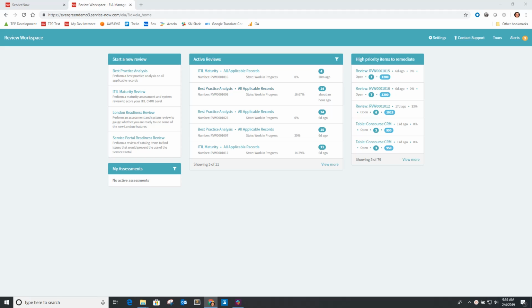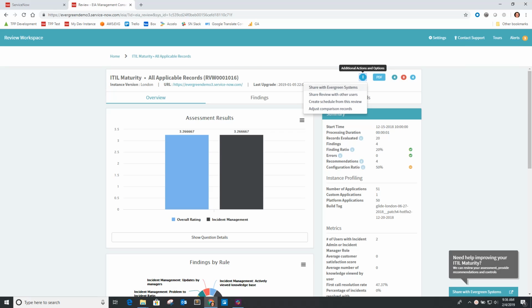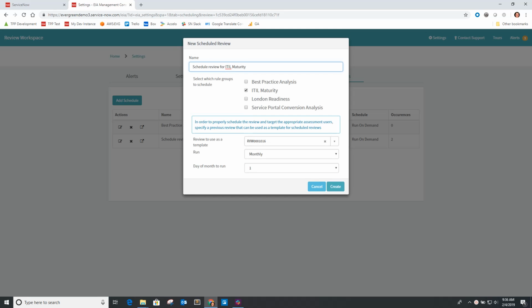First of all, you can go into any of these review records and you will see an option in here that says create a schedule from this review, which is basically going to come to the scheduling page and prompt in the details of that new schedule, based off of the rule group that was tied to that review,